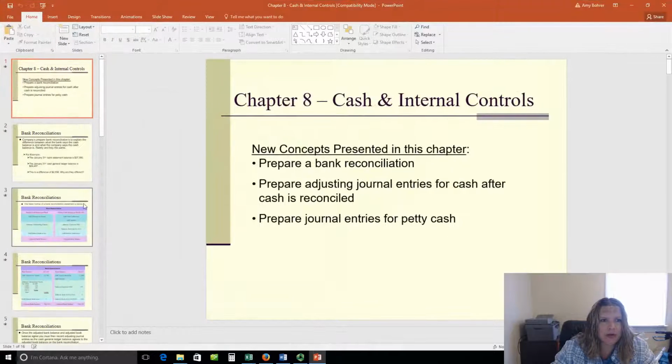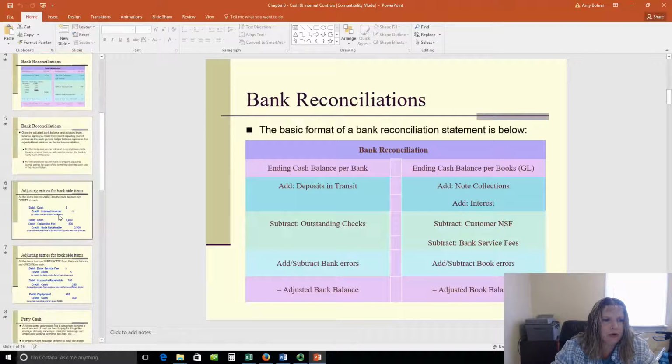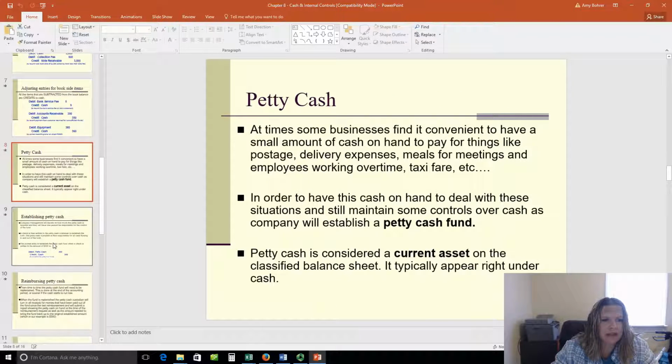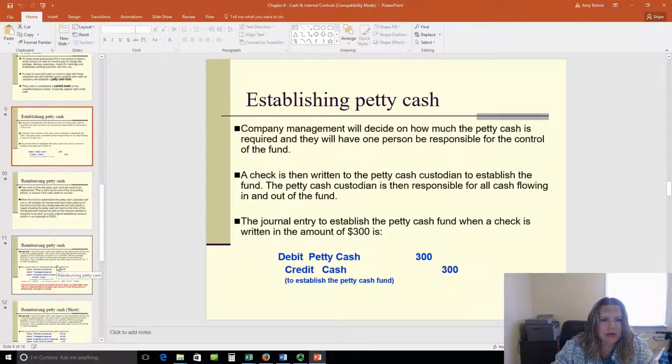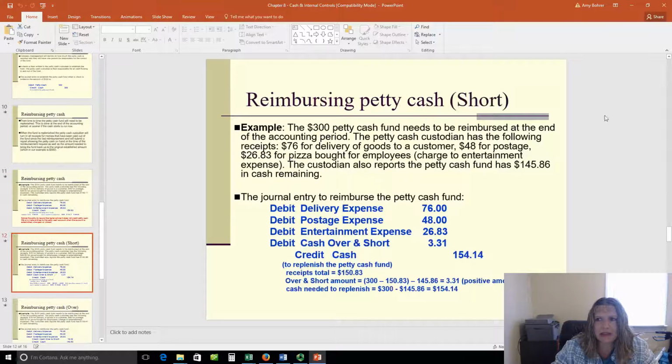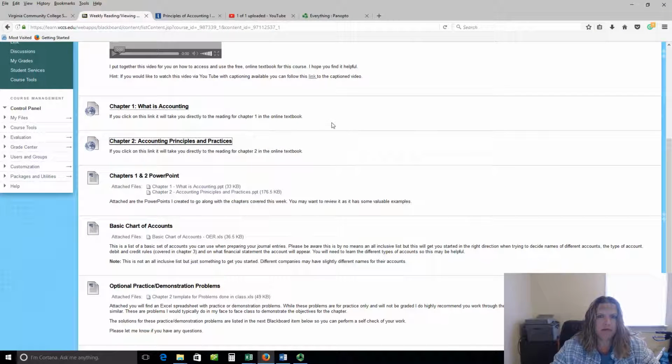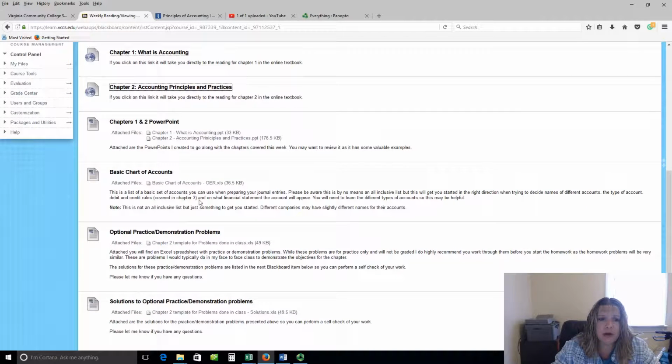You can see here this chapter is on cash, and it goes through journal entries, petty cash reconciliations, bank reconciliations. So there's examples on the PowerPoint slide. It's not just little short snippets or whatever. The first chapter is not a whole lot of problems, so there's more general writing on that. But as we get further into chapters and we're actually doing some exercises, there are some sample exercises on those PowerPoints. And those are the same ones that I use in my face-to-face classes, so you might want to go through and read through those.